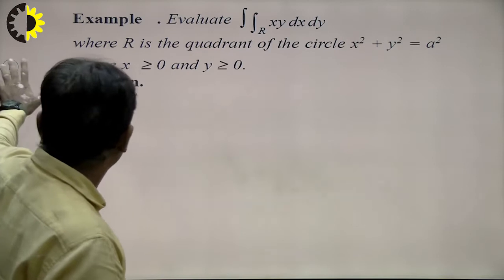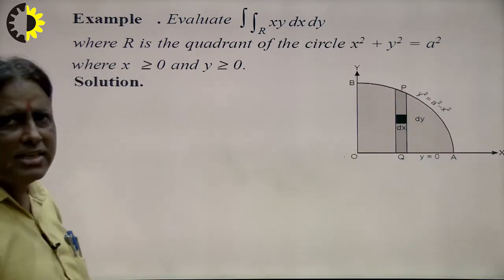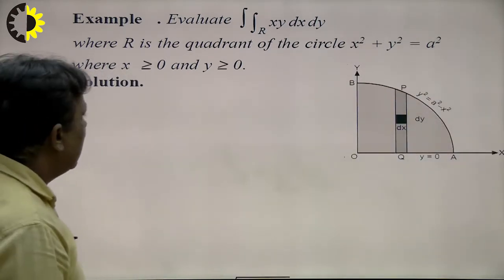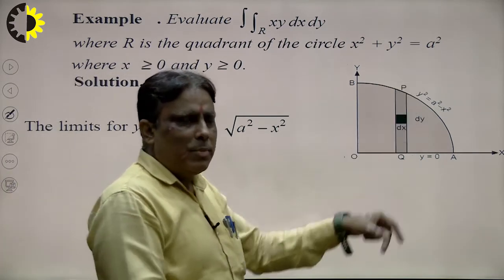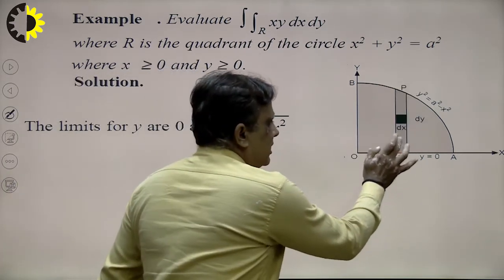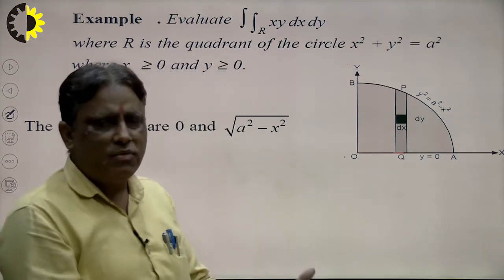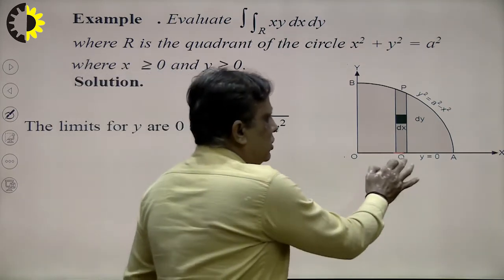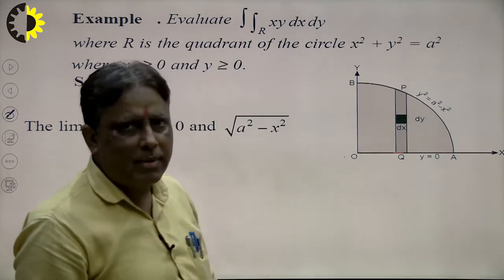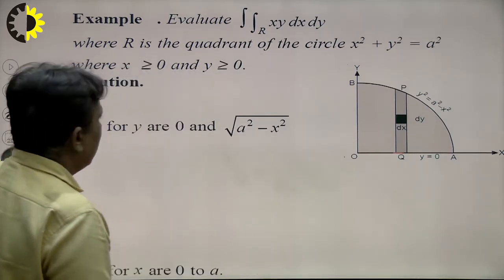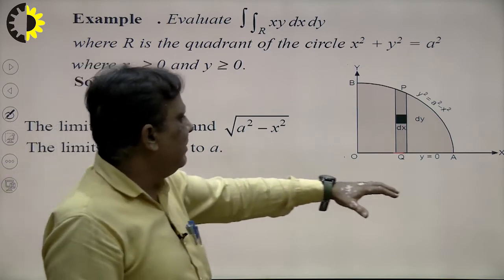How do we justify this and draw the diagram? This is the diagram of this portion, and how do we take the limit from this diagram? The lower part of this strip touches this part, and it is parallel to y, which means we take the first limit of y. So y is equal to 0 as the lower part, and the upper part of y is under root a square minus x square. So in this way we take the limit here, and what will be the limit of x?